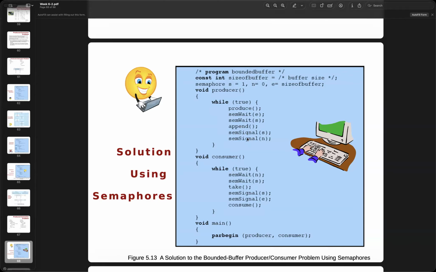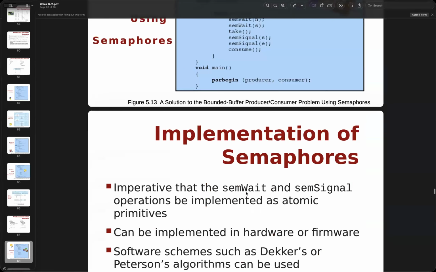Okay, so right here would be the producer. And for the consumer, it starts with wait n and then wait s. So here it's on the opposite side, you see right here. And then we need to execute the take, okay, for the producer and the consumer. One is append, one is take, and then we can signal s and then signal e, okay, and then consume. This is one more execution, okay. And you just need to remember the structure, okay. Even if you need to fill out which part we are going to put where, you need to know their order correctly.